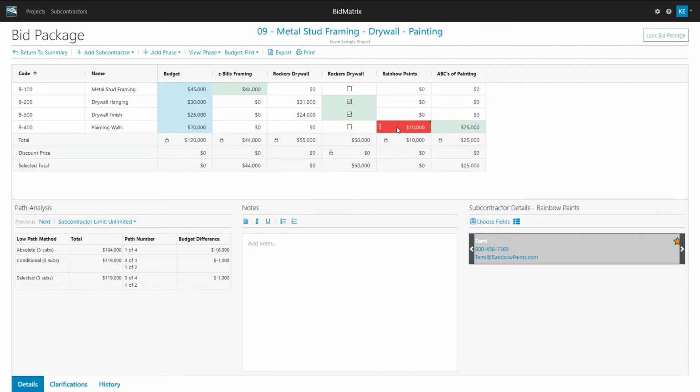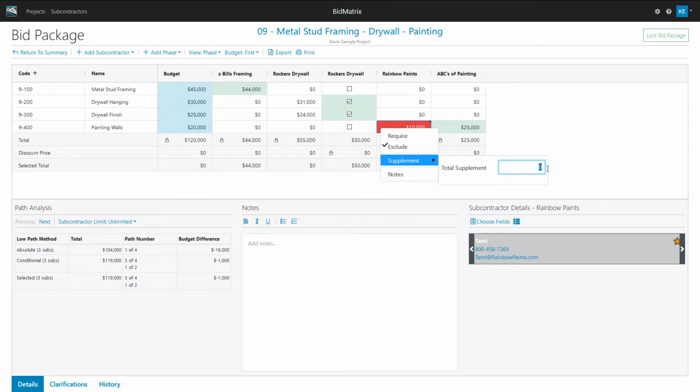So in our last session, we excluded this dollar amount here because it was so much lower than my budget and other bids that had come in. So maybe we've done some more clarification to this number and figured out why the number is so low. In this case, I'm going to click on this little ellipsis here. I'm going to go to supplement, and maybe we found out that they missed something in the bid.